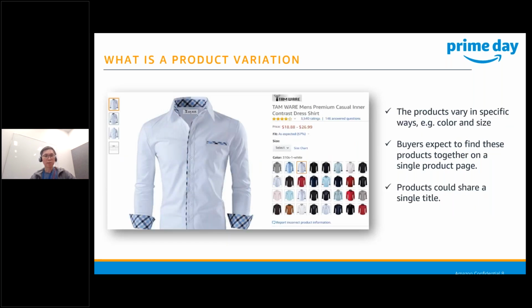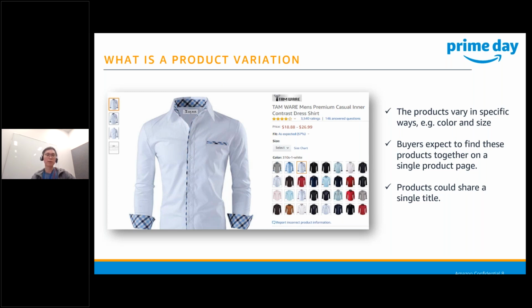So next, some of you may have a product with multiple variations. For example, in this screenshot, maybe you are selling a shirt, and this shirt will have different types of variations. It could be the color or even the sizes, but they will share a single product title.